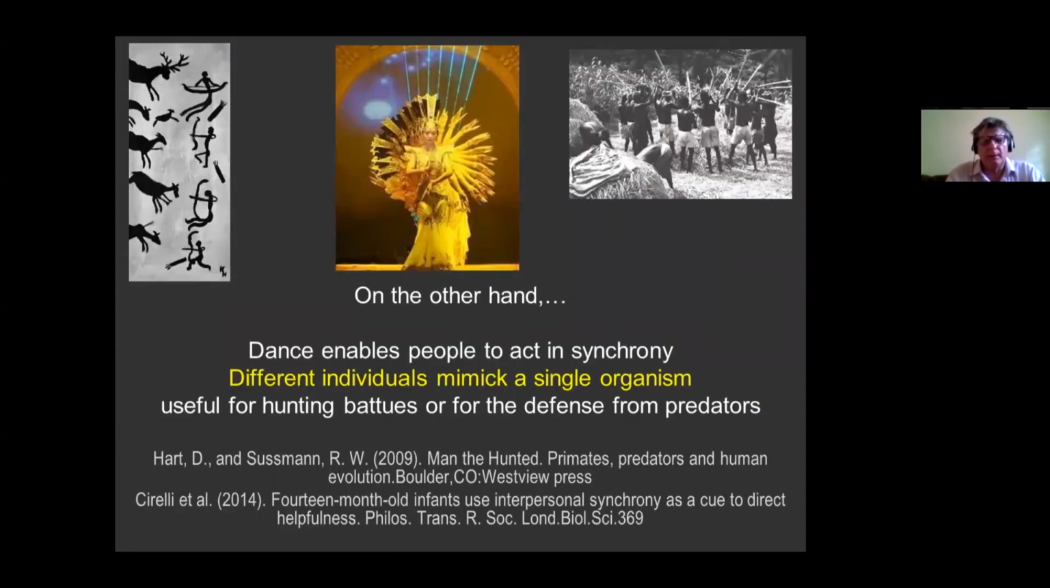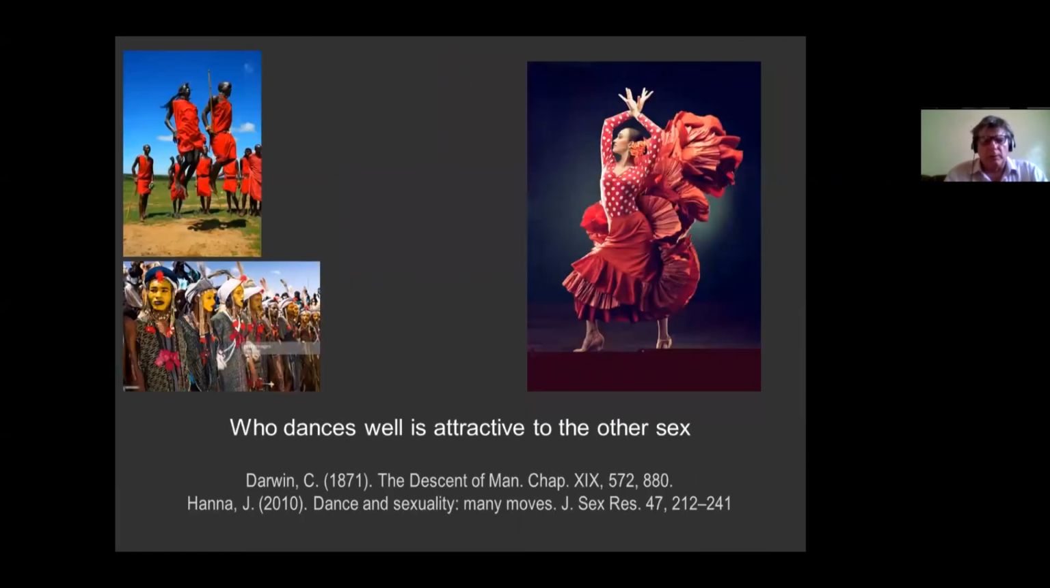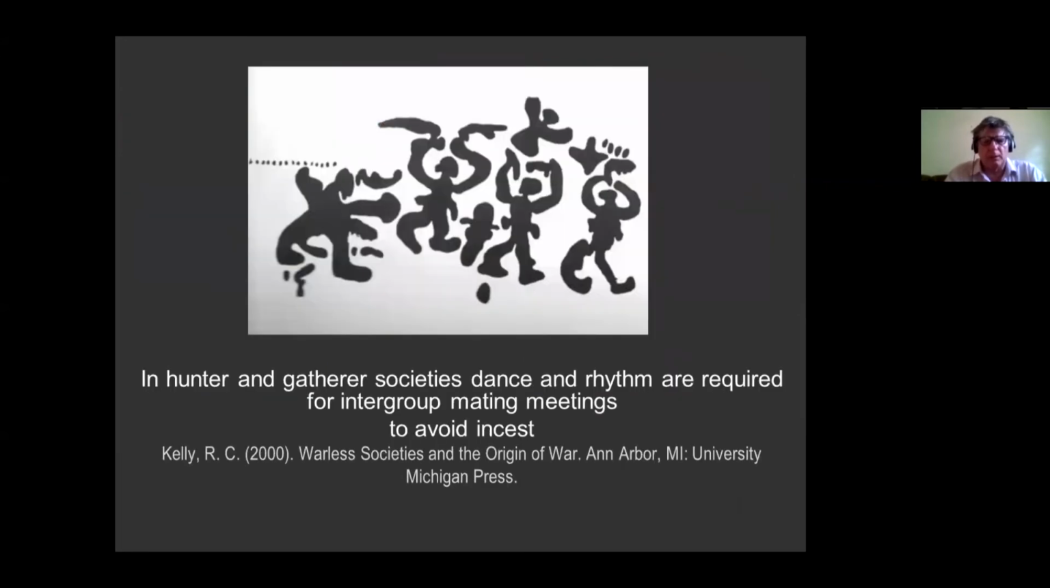On the other hand, we have already seen that synchronizing is not only a human behavior, but it is a very interesting and very important thing, especially because we are a very, very cooperative species, or even more, cooperation is our survival secret in evolution. Already Darwin had hypothesized that dancing is an important signaling for mating purposes,